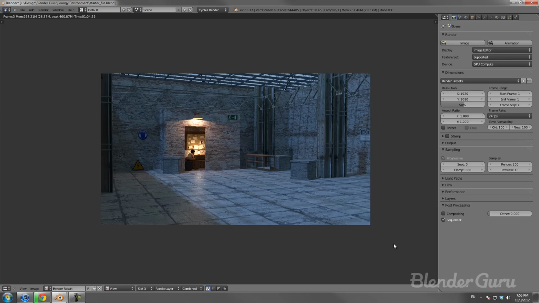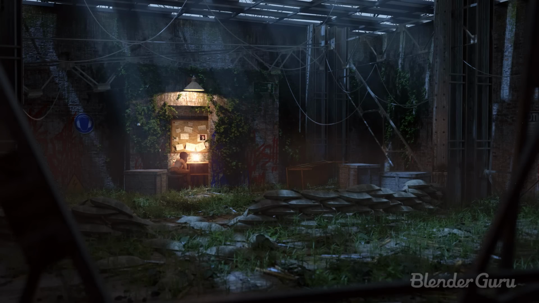So we're going to be doing things like breaking these structural beams and stuff like here, adding some grunge to the walls, graffiti, which is always evident in end of the world situations, I imagine. I don't know, I'm guessing. And then some vines as well. So not vines, ivies, the stuff that crawls up the walls and makes it all look run down. And then as well as that, we're going to be doing some plants and debris